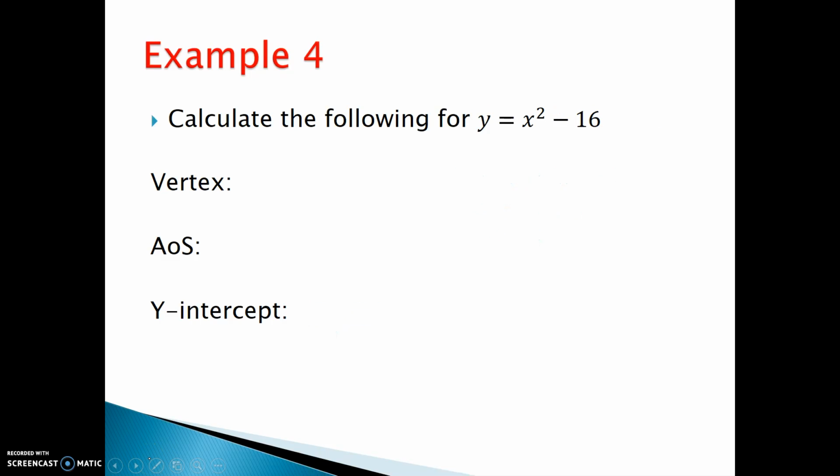Okay, let's move on to these last two special cases. Here I have x squared minus 16. Again, this one I will actually do the vertex. So again, here we have x equals negative b over 2a. And this is one of those special cases because I'm missing something. I have my a value, which is 1, my b value, which is missing. So that b value is going to be